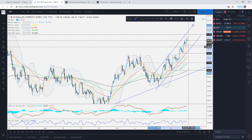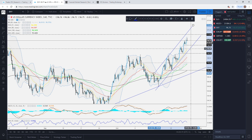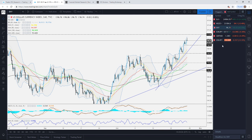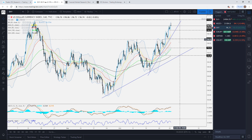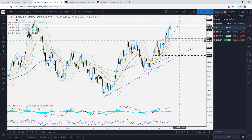But for now, on the downside, if this drops below the 96.55 zone, keep your eyes on this short-term upside support line here. Let me just get rid of this one. There we go. And for us to get more comfortable with further declines, seeing maybe a move back towards this longer-term or medium-term upside support line, we need to see a nice good break below the 96.20, and this way we could then target a possible move towards